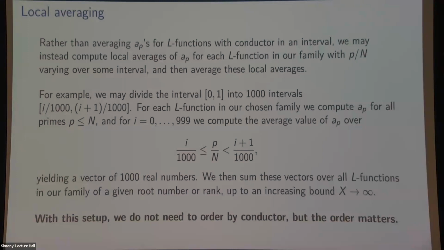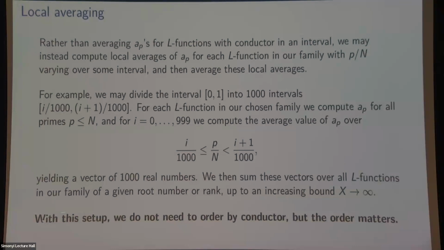This is not exactly what Bober originally suggested, but I'm not going to go into the details now. I like this approach better because it doesn't unfairly bias elliptic curves with very large conductors. If you just averaged everything, rather than doing this local averaging first, the elliptic curves with very large conductors would, in my view, have undue influence. Maybe it doesn't make a difference in the asymptotic, but I want to keep things fair, especially because in the families that I'm working with, where it's feasible to do these computations, the conductors can't get too large.